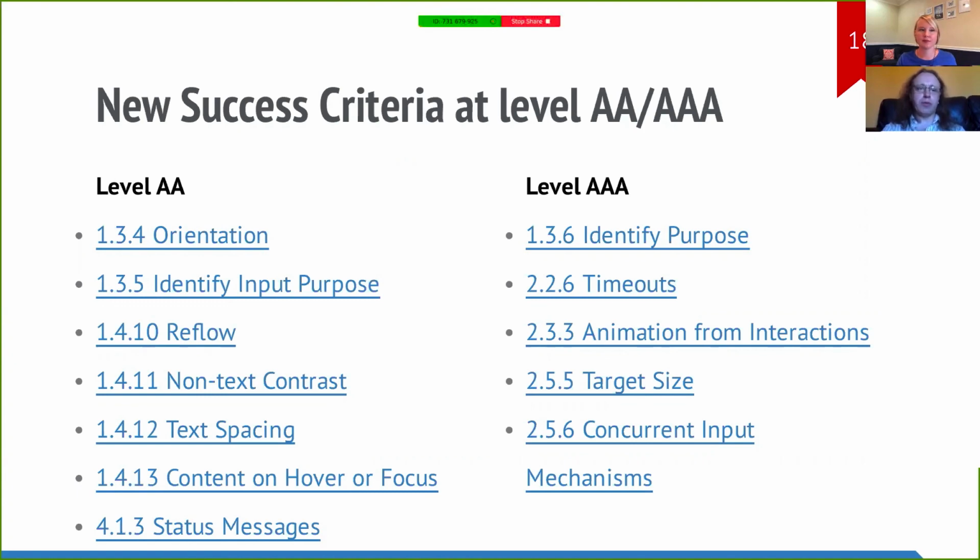Now that WCAG 2.1 is out, our QA gate still says WCAG 2.0, and it will do for a little while yet. The way I'm seeing this is that now that WCAG 2.1 is finalized, we're working towards WCAG 2.1 conformance, and at some point we'll update the wording of our policy, but for the time being it still says 2.0.